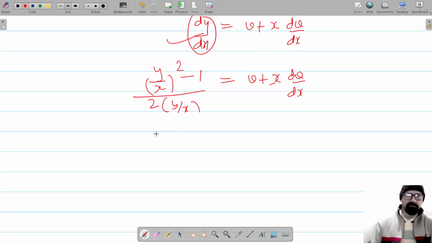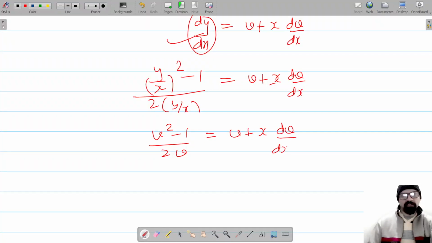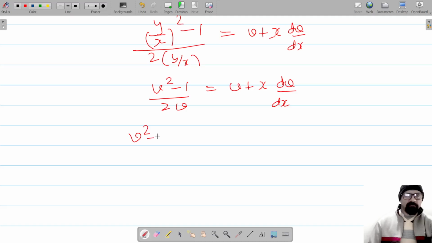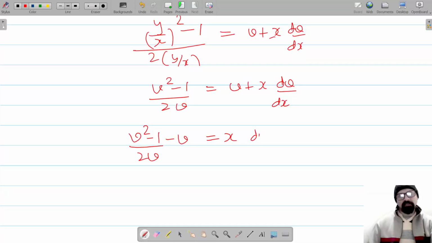तो यहाँ से हमें मिलेगा y by x हो जाएगा v। So let's make the substitution here. So ये बन जाएगा v square minus 1 upon 2v is equal to v plus x into dv by dx। अब यहाँ से हमें निकालनी है जनरल इक्वेशन। तो यहाँ पे वेरिएबल सेपरेट करेंगे, v एक साइड और x वाले एक तरफ, तो ये बन जाएगा v स्क्वायर माइनस वन अपॉन टू v माइनस v, और यहाँ रह जाएगा x इंटू dv बाय dx।